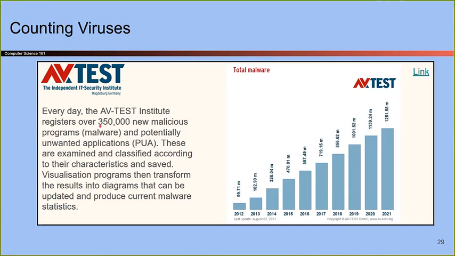So maybe what this institute is doing is they're counting variants separately. If the virus is polymorphic and is spread to 10,000 different machines, it looked different 10,000 times. So this company decided to count it as 10,000 different viruses. And now, consumers are thinking, wow, this must be great software. It can catch 350,000 new pieces of malware per day, and it's caught 1 billion pieces of malware this year. Oh, this must be a really strong company,